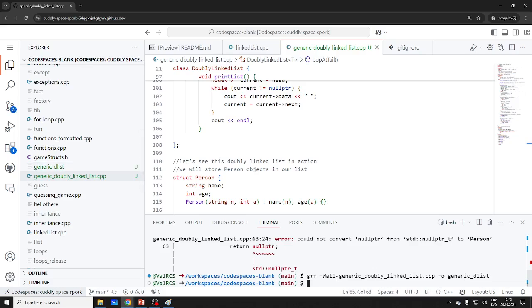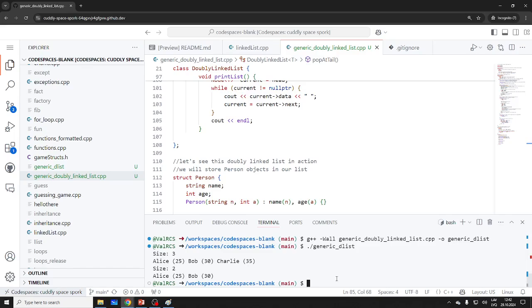Okay, amazing. It compiled on second try, sorry. On second try, let's run it. Generic D list, and it works. Size 3, Alice, Bob, Charlie. Size 2, Alice, Bob. Very good. Works. Everything works, but then we can just do the things we already did, but just add the pop head